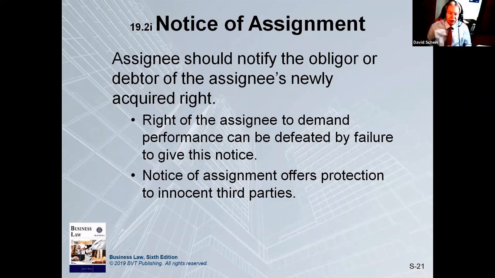So Joe sells his boarding house, and he's got 4 tenants in there. Each tenant has a lease or a contract with him for 1 room in the boarding house. So he doesn't tell the tenants in the boarding house that he sold the property. So what happens is the tenants keep paying the seller because the seller never told them to start paying the